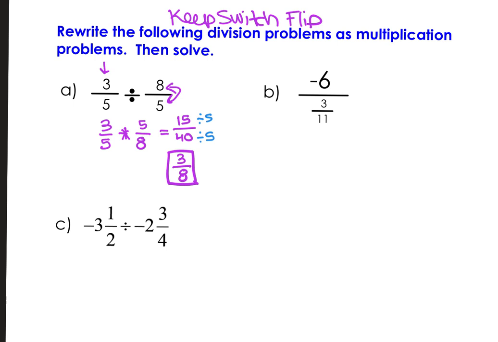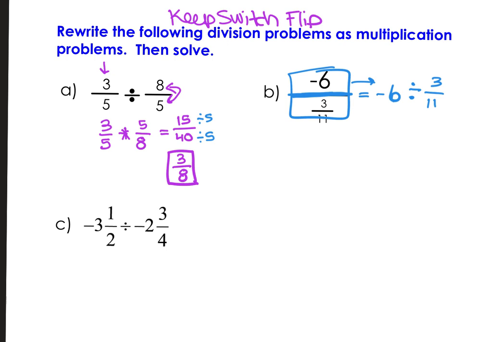Now let's take a look at part B. And I know this one might look a little confusing having this big fraction here. So what I like to do is rewrite this right off the bat. In order to rewrite this, the number that's in the numerator, that top number, is going to come first. So this is really -6 divided by 3/11. And so if you don't like the big fraction look here, just rewrite it with the number in the top, or the numerator, first,